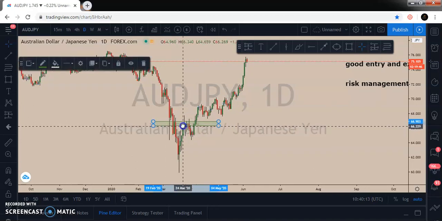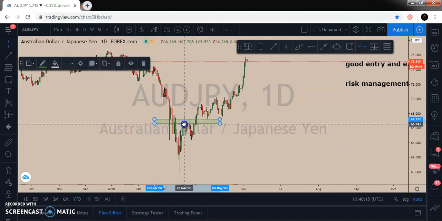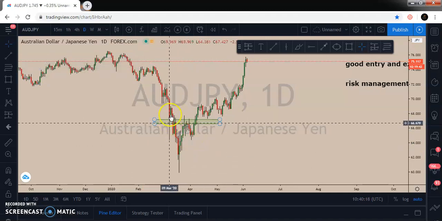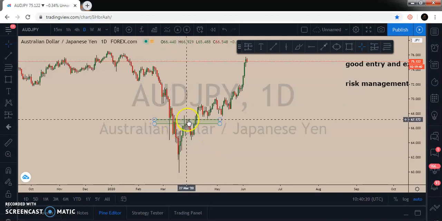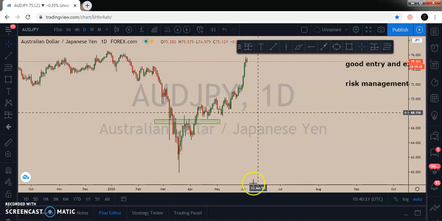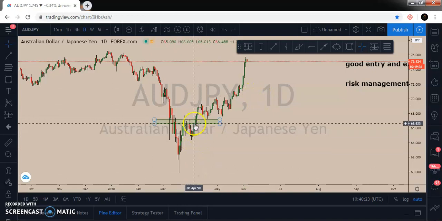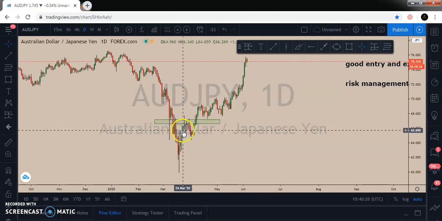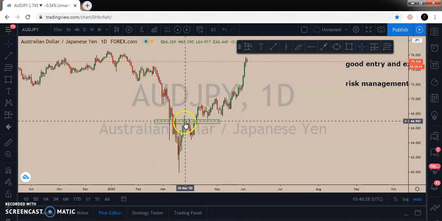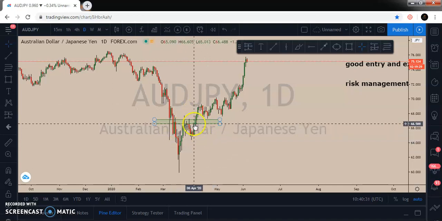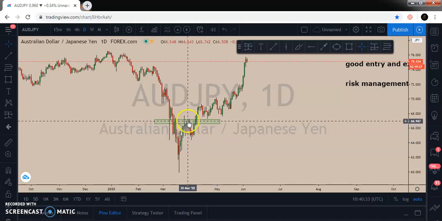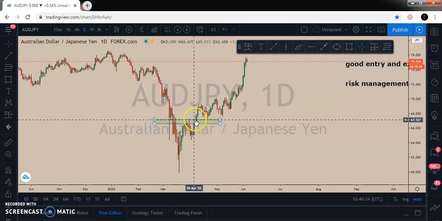Let me show you what I'm saying. Now you can see it serves as support here, resistance here, and here it's coming to serve as support again. The moment it breaks this region, you know it's an uptrend. This is no longer a downtrend. So if it's coming down again, this area should push it to the upside. So what are you going to be doing? Now let's say you want to backtest here.